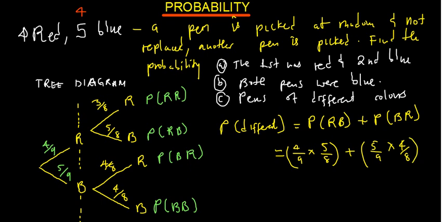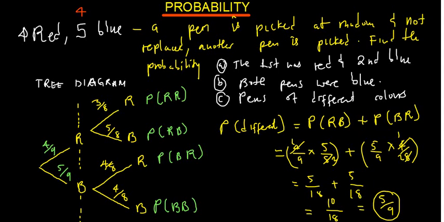So what are we going to get here? A 4 can divide 4 there, 1, a 4 here, that is going to be 2. So I've got 1 times 5, which is 5, 9 times 2, which is 18, and then plus same here, 4 here, 2, 4 here, 1, 5 times 1, that's 5, 9 times 2, that is 18. Okay, so here what you just have is 5 over 18 plus 5 over 18. This is going to give you, since the denominator is the same, 18, just add what's on top. 5 plus 5, that's a 10. And you know there's a number that can go into 10 and 18, that's a 2. So that will give you 5 over 9. So this is the probability that both marbles